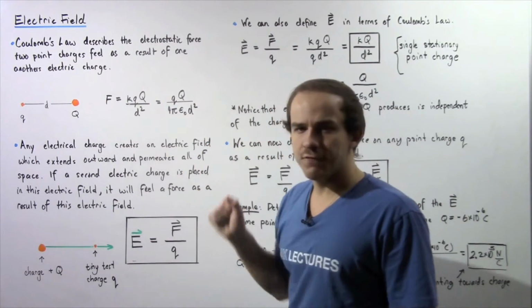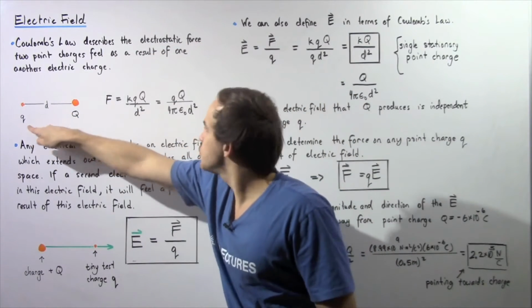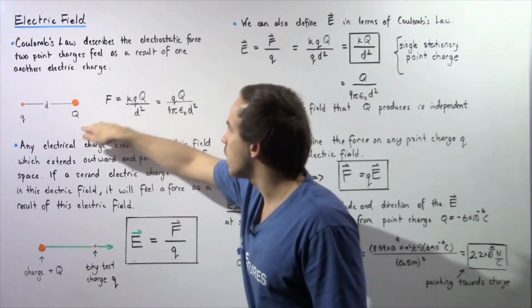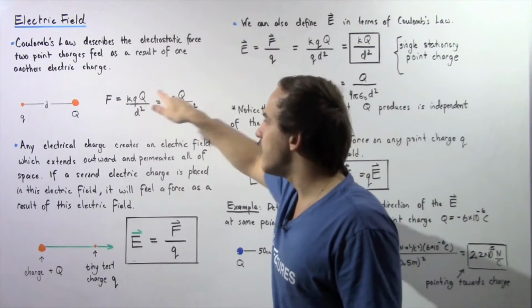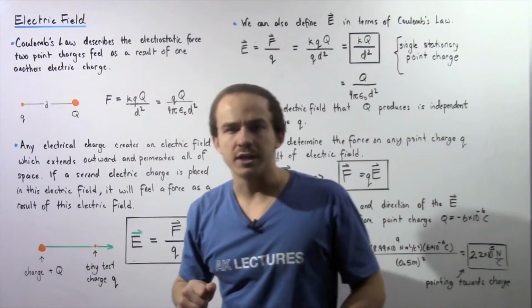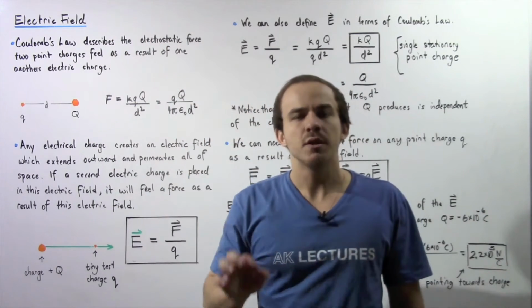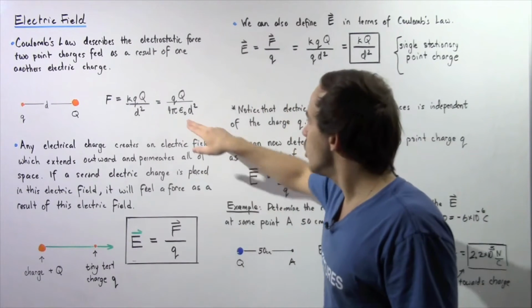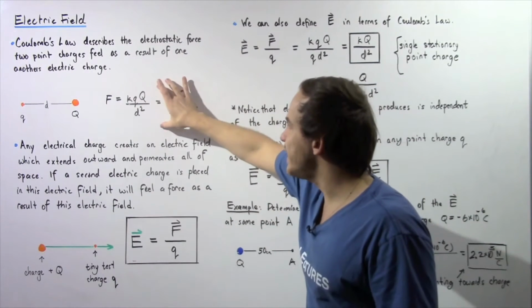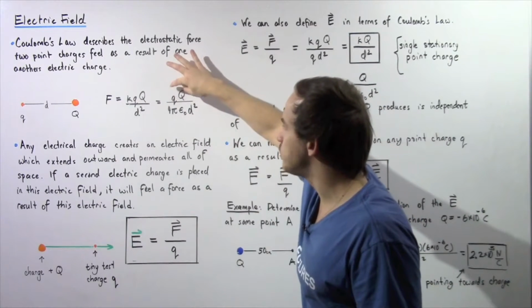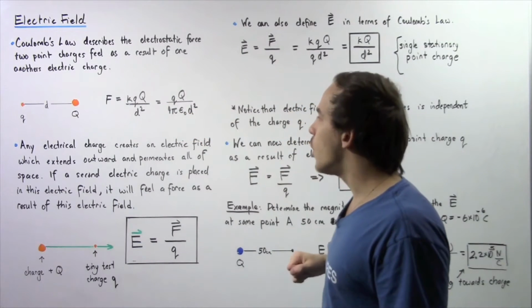for the electrostatic force, which is given by the product of the charge of point charge 1 multiplied by the charge of point charge 2 multiplied by k, our constant, divided by the distance between them squared. Now we can also replace our k by using the permittivity of free space, which is given by epsilon naught. So this equation is also equal to lowercase q multiplied by uppercase Q divided by 4 pi epsilon naught multiplied